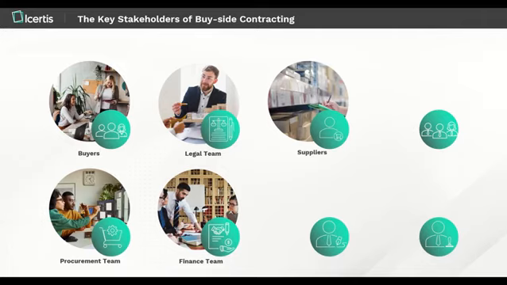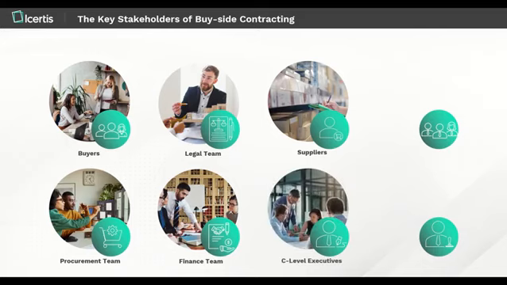Suppliers or vendors are essential players in buy-side contracting who provide the goods or services that the buyer needs. They actively participate in the contracting process by submitting proposals, engaging in negotiations, and sealing the deal by signing those crucial contracts. At the helm of the buy-side contracting process, we have the C-level executives. These top-tier leaders provide the necessary oversight and direction to ensure that contracts align perfectly with the organization's goals and objectives. They take the time to review and give their seal of approval to those significant contracts, carefully weighing the